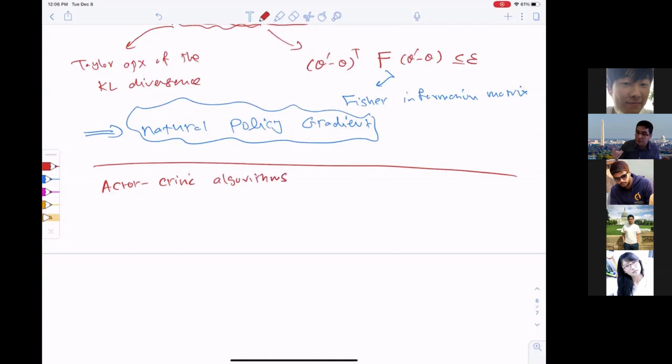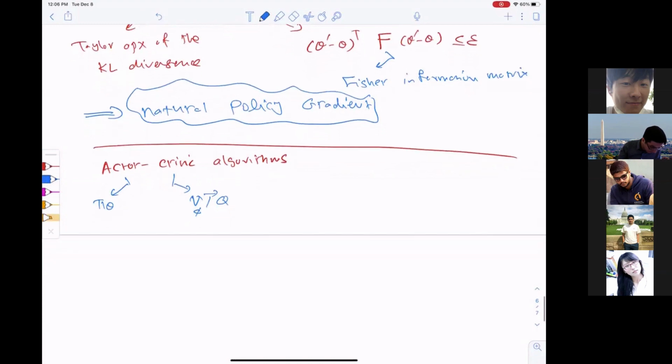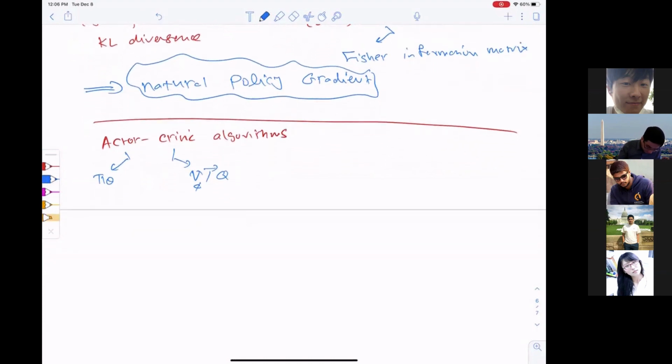So here we'll have two networks, one for pi, that is the actor. So I have a pi sub theta, but instead of estimating Q with one sample, I'm going to have another neural network for either my V or my Q function, because I can compute Q using the V function. So that's basically the idea of the actor-critic algorithms. It's basically policy gradient, but instead of the Q function estimated from a sample, we use a neural network in order to have a better estimation.